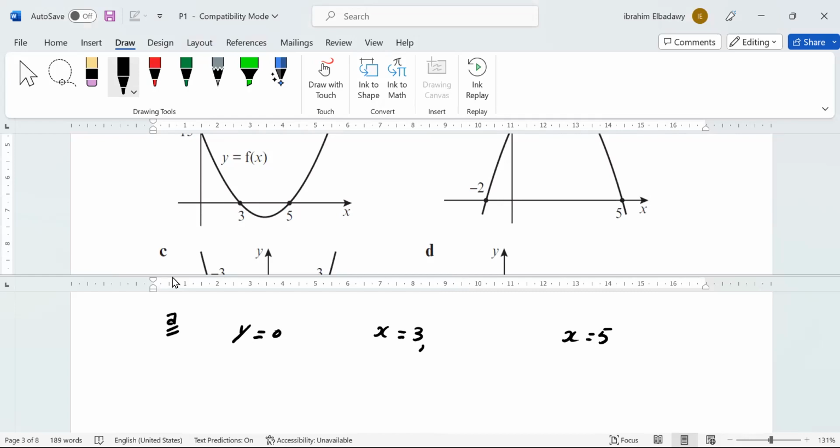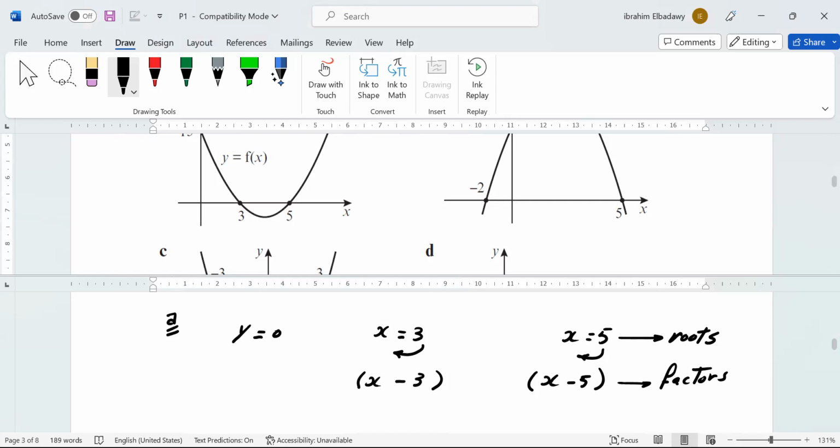Actually, you can move 3 to the other side and 5 to the other side as well. It will be x minus 3, and x minus 5. These are called factors. You get the factors here. But in the beginning, these are the roots of the function. This is the first step: you should start with the x-axis intercepts, and then get the factors. After getting the factors, multiply both of them together